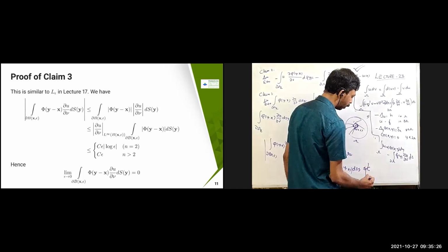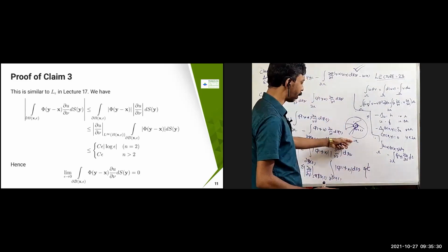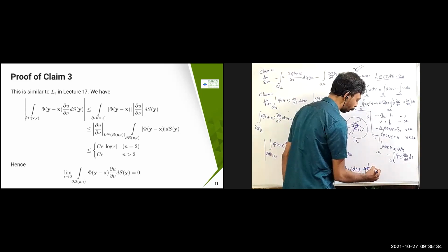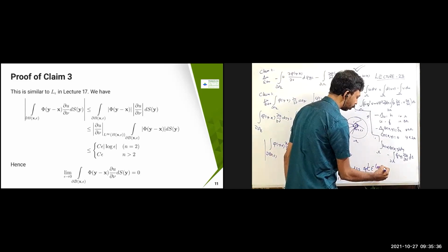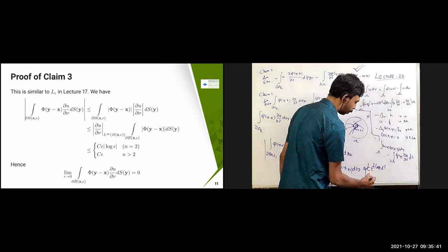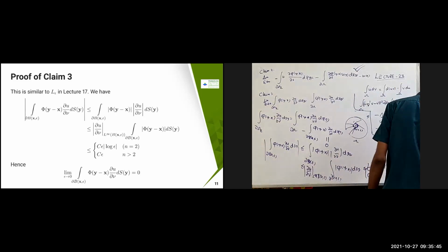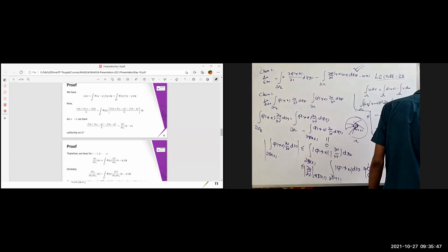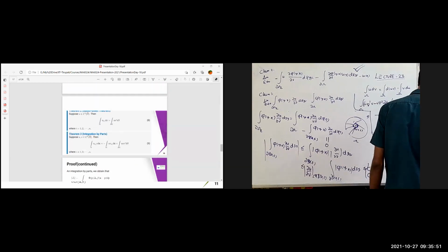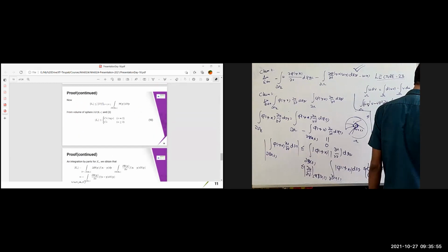This is going to be C times, if Omega is a subset of R^n, where n equals 2, then this is going to become epsilon log of epsilon, or simply C epsilon. This proof we have also covered earlier, here with L epsilon and K epsilon, I epsilon, J epsilon, K epsilon, and so on. Same kind of logic, we have covered that same thing.